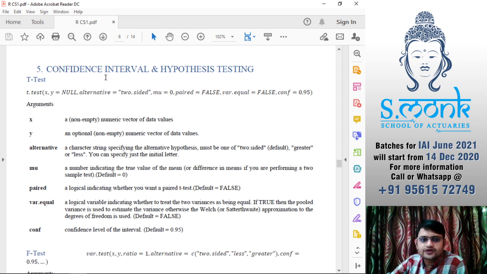Now confidence interval and hypothesis testing. One of the good things is you don't have to remember different formulas for confidence interval and hypothesis testing if they have given us data as x and y, or whatever, as a vector. If the whole data is given, then you can directly use these functions. First of all, there is no Z test. We do not have the assumption that we would know the variance.